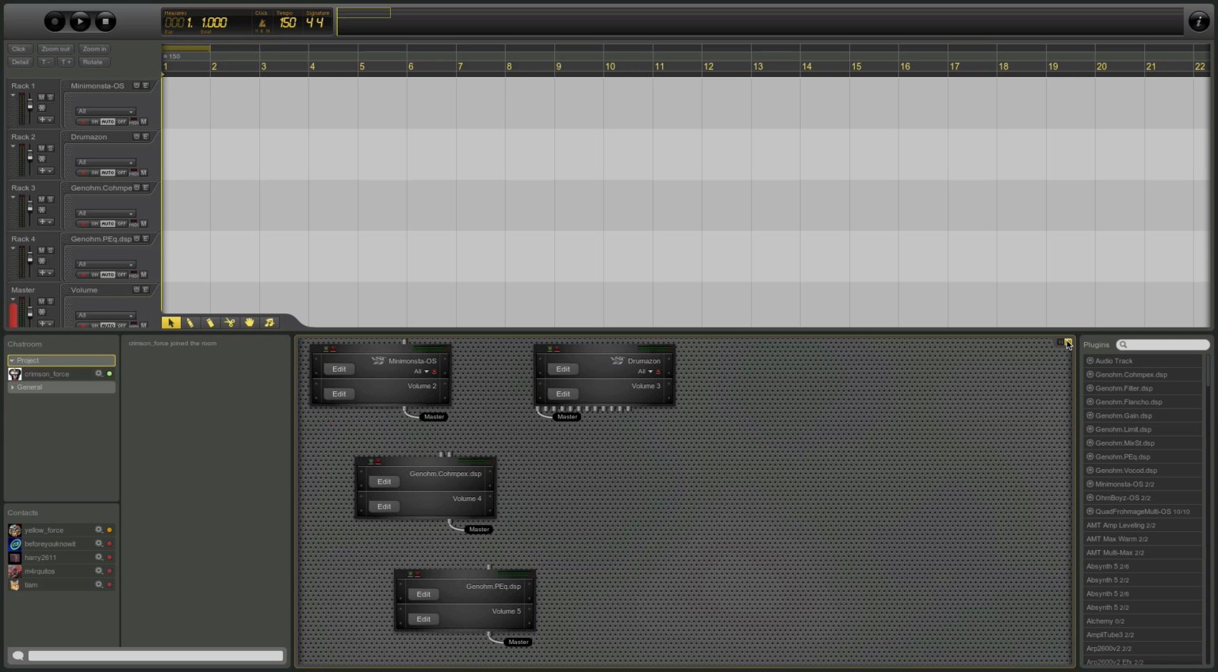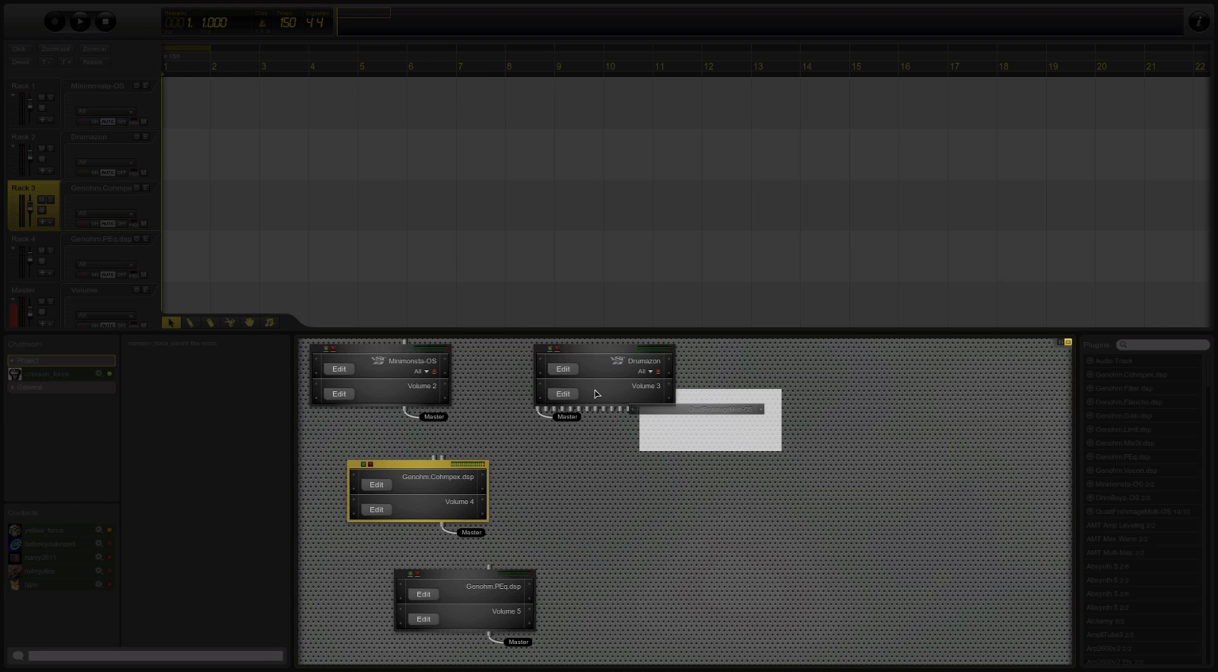The modular view gives a different representation of racks and plugins. This is the same setting as in the mixer, but you can freely move the racks through space like this. As in the mixer view, you can still insert plugins via drag and drop, but you can also do more